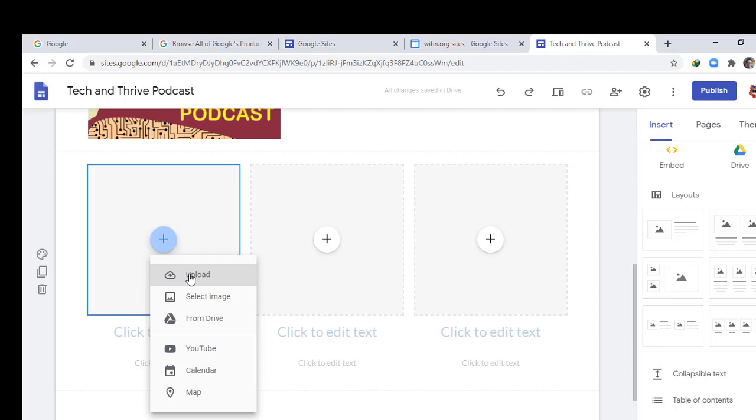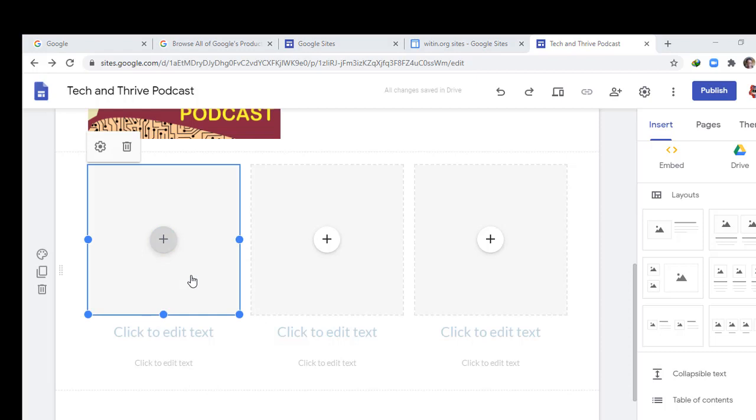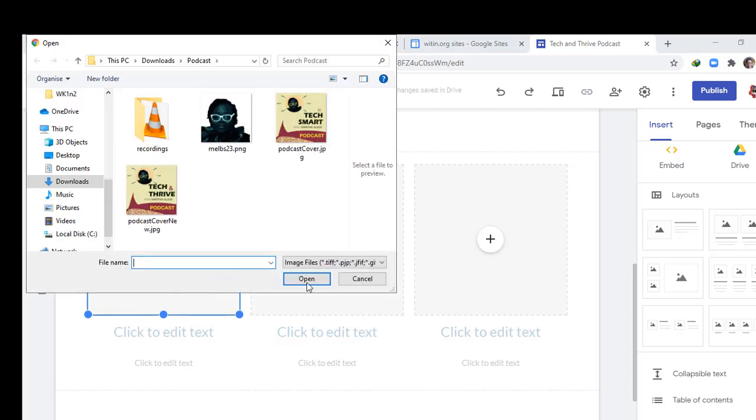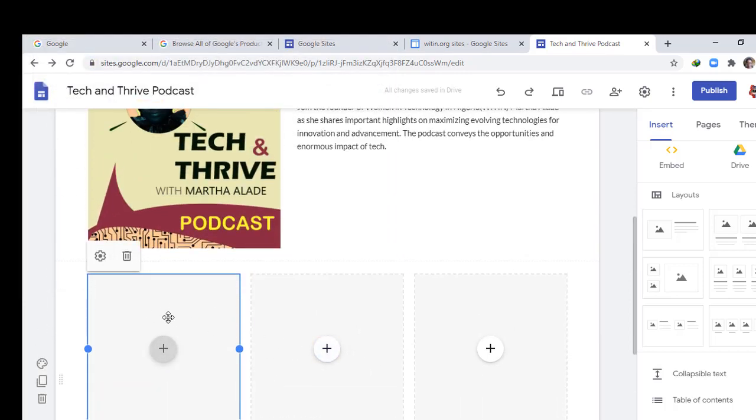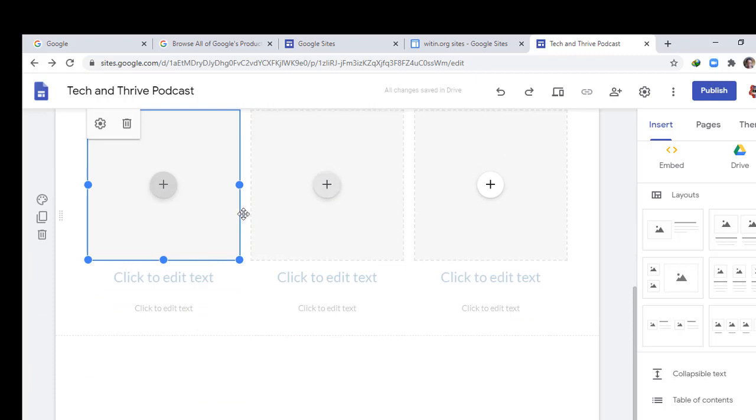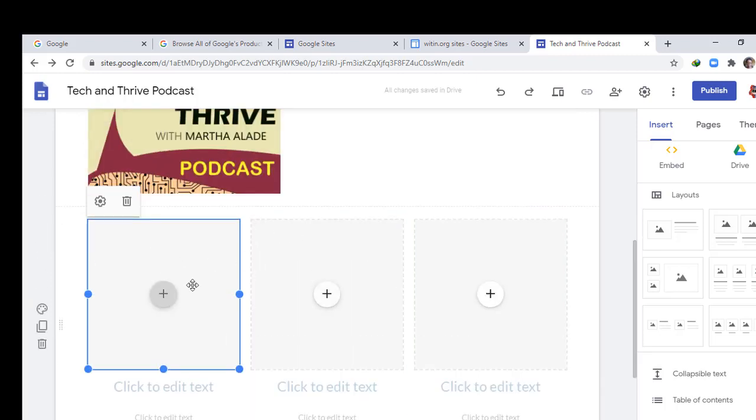You could actually upload whatever you want to upload if it's images. But the idea is that if you are having videos here, whatever you are having here, let it be the same format or the same type of item. If it's videos you want to have here, have all videos. If it's images, have all images. So if I'm having videos here and maybe I have a URL from YouTube, I would put it here, the first video,